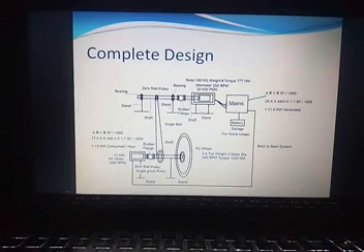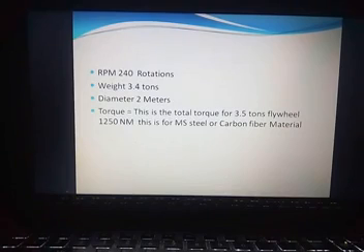If the government is purchasing from every home at 50 paise a unit, the government can give it for 1 rupee 50 paise a kilowatt hour to the industry. Thereby it will be serving the country and serving human development. So in this way, we will show you the next slide: RPM 250 rotations, weight is 3.4 ton,